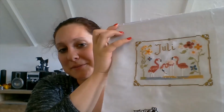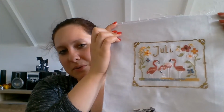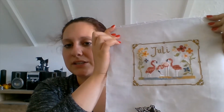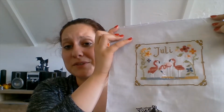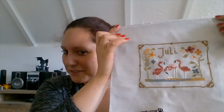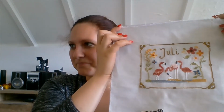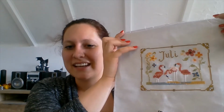I bought some frames, but I'm not sure if they fit. So yeah, I will try that out and hopefully get it done this weekend. So probably tomorrow, because it's already 5 in the afternoon, and I still have to finish filming and edit and upload, and I did not stitch yet, except for my mini winter rose. So yeah,